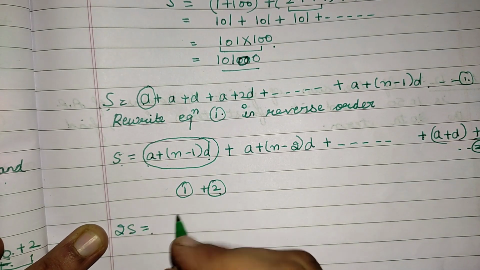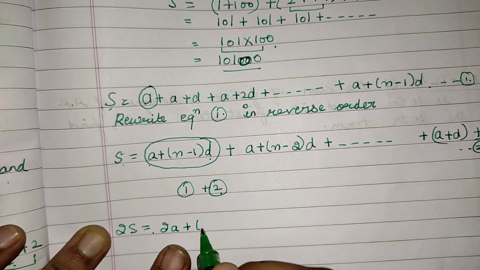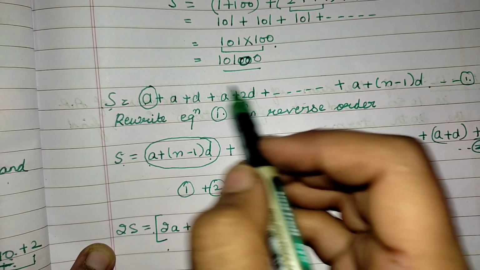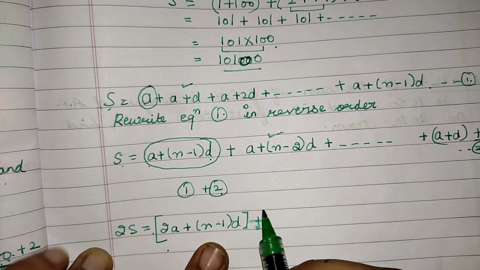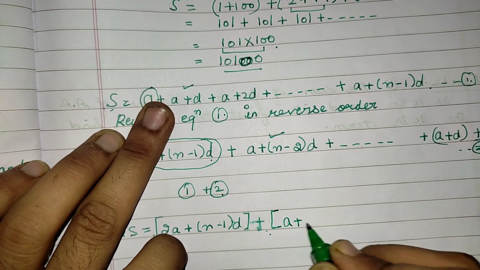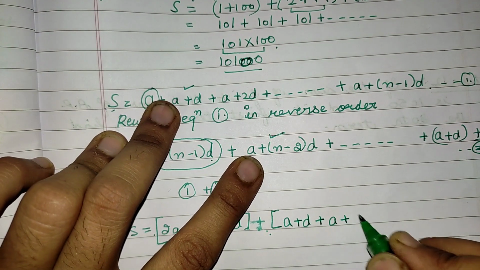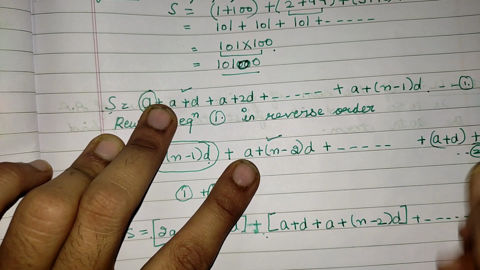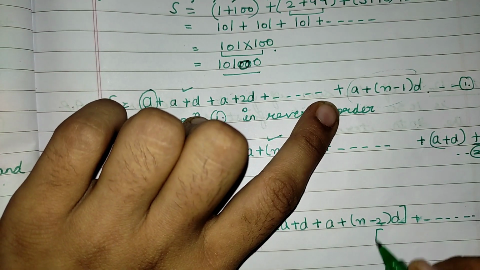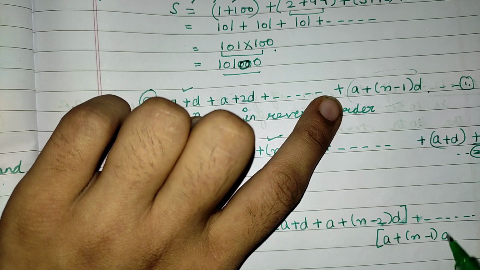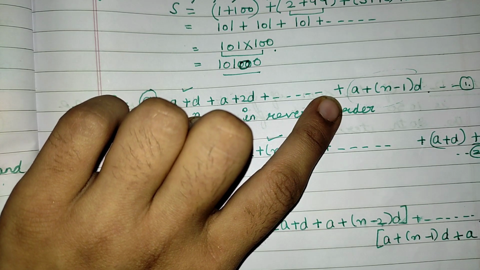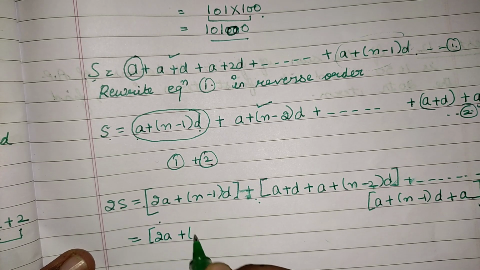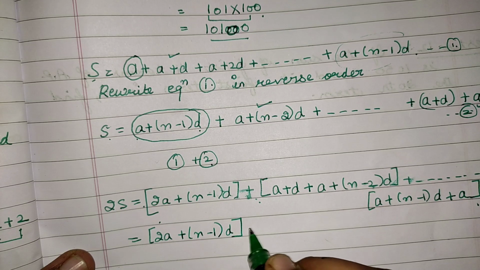What I will get, a plus a will be equal to 2a plus n minus 1 into d, right? Similarly, if I add the second term and here also the second term, what value will I get? I will get a plus d plus a plus n minus 2 into d, and so on. And the last value which I will get will be equal to a plus n minus 1 into d plus a, right? So now I can say that this is equal to 2a plus n minus 1 into d plus